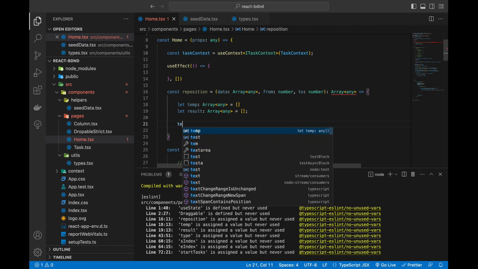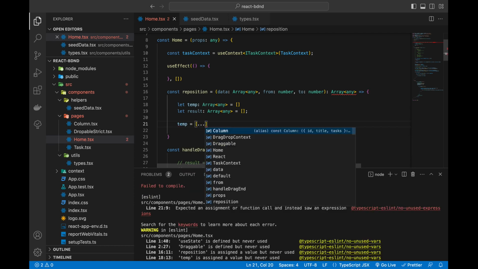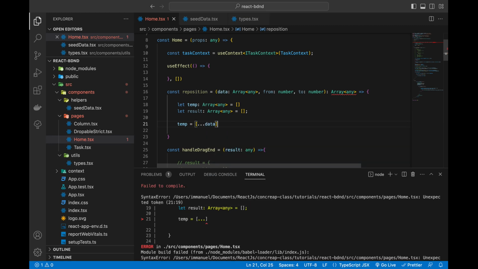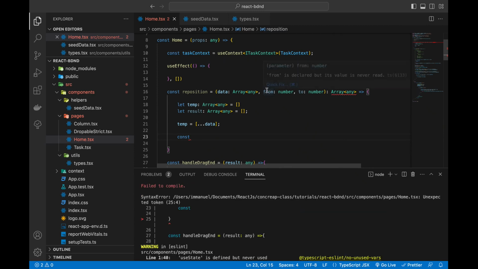All right, so what we're going to do is we're going to say our temp is equal to, we spread out the elements within the original data, and then first we remove the item that is at the from index, and we save it into a particular variable. So we're going to say constant item here is